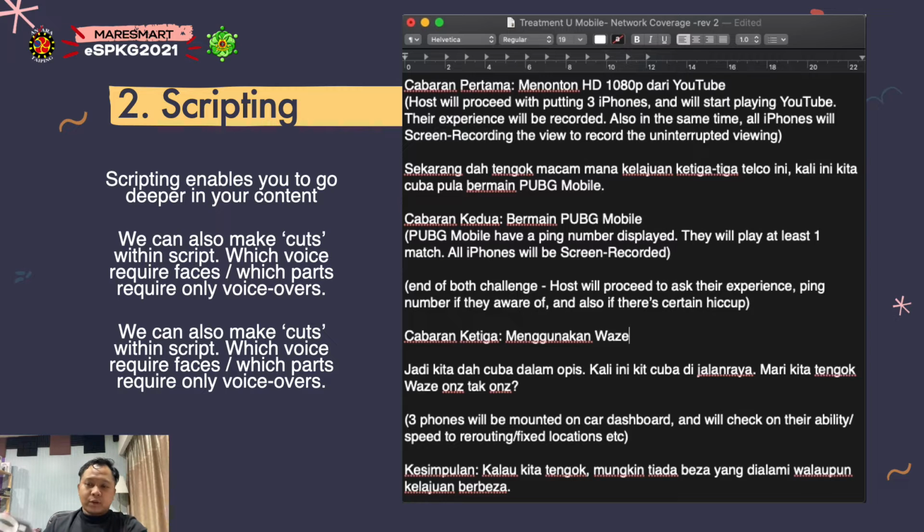So let's say I'm doing a first look of this phone. Basically I know when I will see the camera, or when I don't need to see the camera, I will just read the voiceover. When we know where to cut, what to include, what is important, that makes a lot of things easier. I remember at that time we went to Barcelona for Mobile World Congress. We had very little time, and we had to do a first look of the phone.